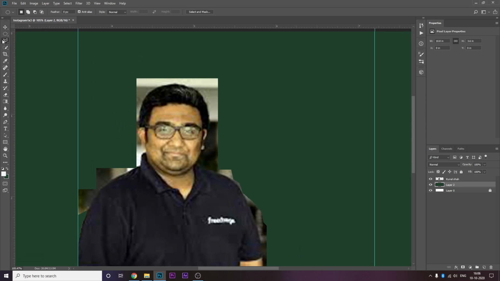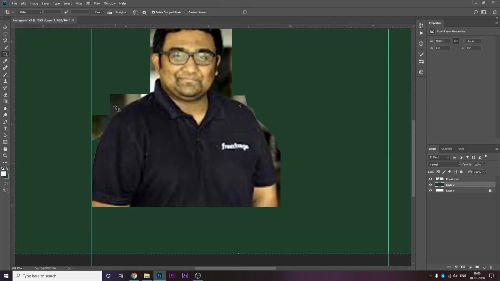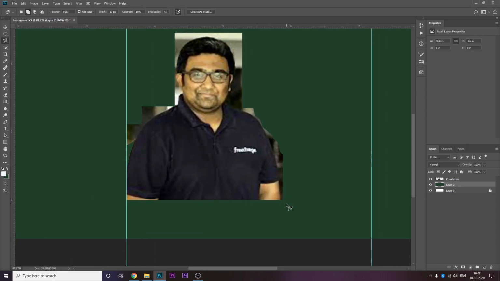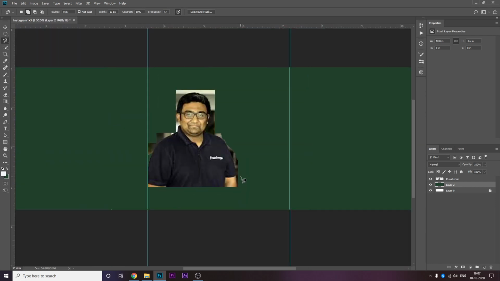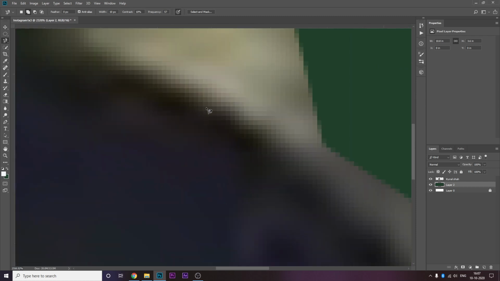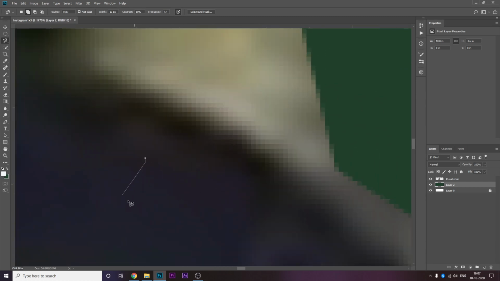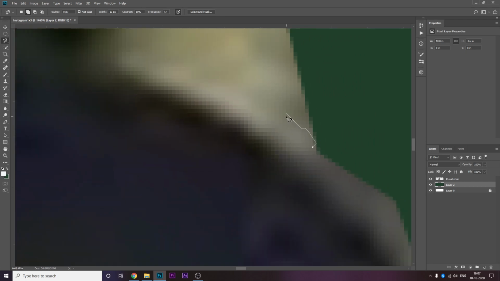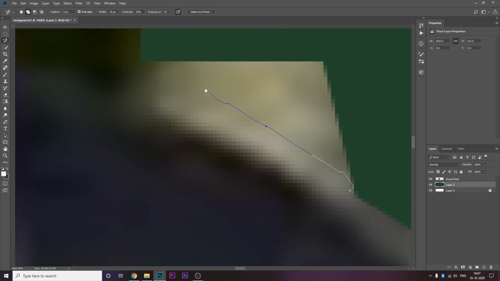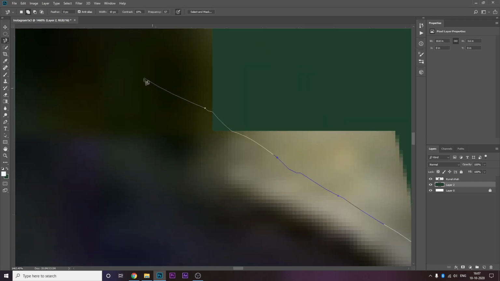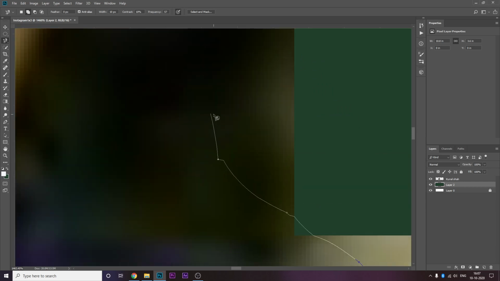So these are the tools. Now, the magnetic lasso tool. The magnetic lasso tool is always a tricky tool to work with, and I personally don't believe that it's the best tool to work with. You click, you click. How does this work? You can zoom in and you can keep it zoomed out as well. If you can see carefully, right here, this part is completely black, whereas this is a little bit light. So the magnetic lasso tool jumps onto these pixels where it finds similarities, it finds patterns,